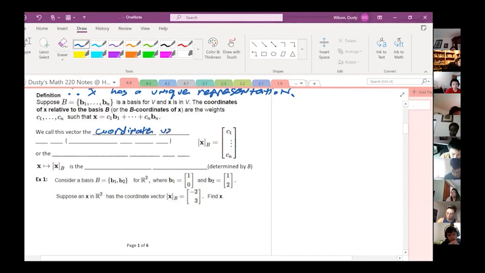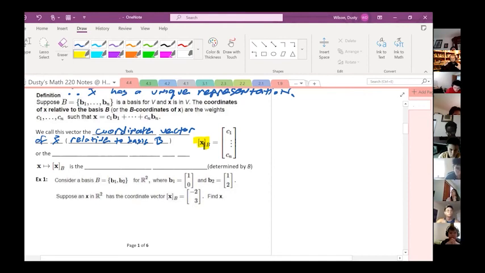Okay, and that'd be the coordinate vector of x. And we want to make sure that it's clear what basis it's relative to. So we would say relative to basis b. And our notation for this will be like that. So we'll say x in the bracket with the subscript b is trying to tell you